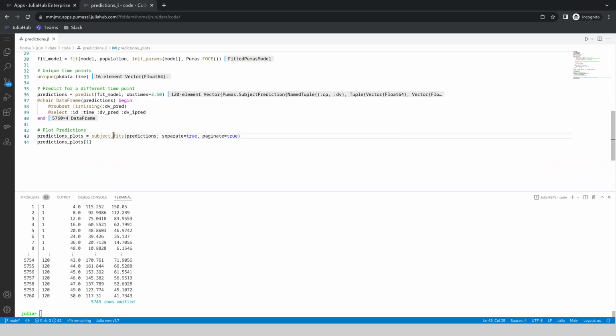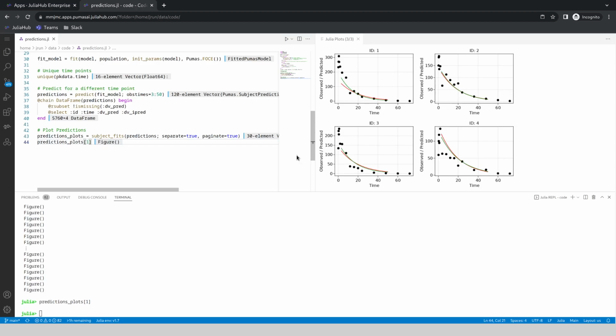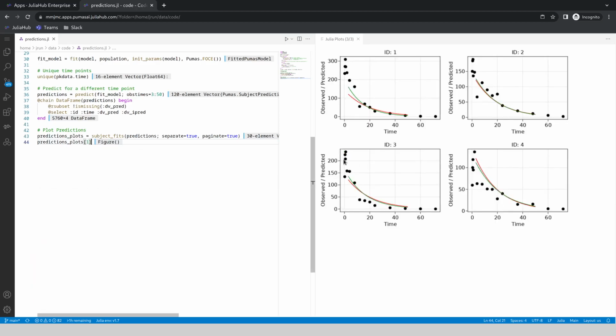Now, I can also generate some prediction plots with the subject fits function. This lives inside the Pumas utilities package, and by default, I want to separate and paginate the results, otherwise it's going to be a very big image and I'm going to lose resolution. This returns to us a vector, and if I call the first element of this vector, you can see we get a nice